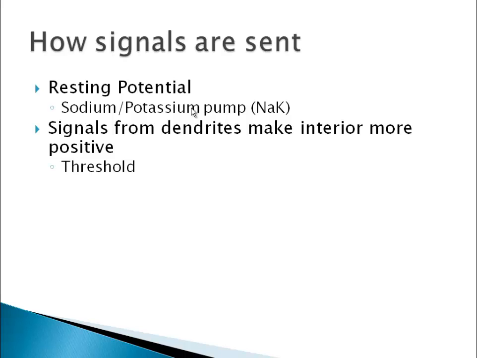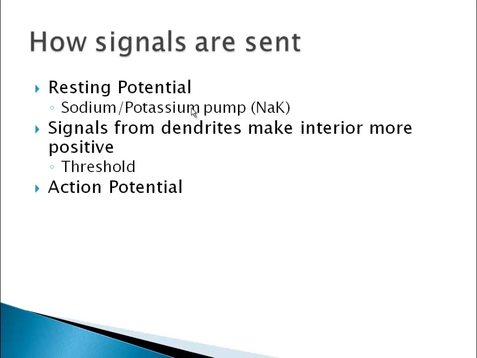Now, all neurons have what's called a threshold. In English, a threshold means you cross the threshold. It means that you're not here, now you're there. The threshold of a home means that you're now inside the home, for instance. Well, threshold here is kind of the point of no return. Once the charge of that neuron has reached threshold, whatever that threshold might be, then we're going to go from a resting potential to an action potential. Things are going to start happening. And basically what starts happening is very simple.